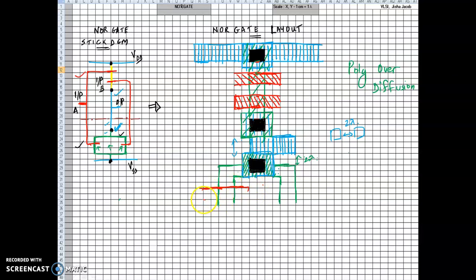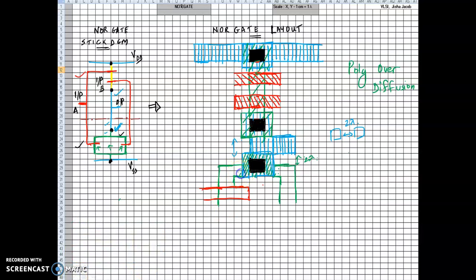Okay, the thickness of the polysilicon is how much? 2 lambda. So let me keep going like this. It has to extend 2 lambda out. Okay, so it extends 2 lambda out, right? So that is also satisfied once again. So let's go ahead and